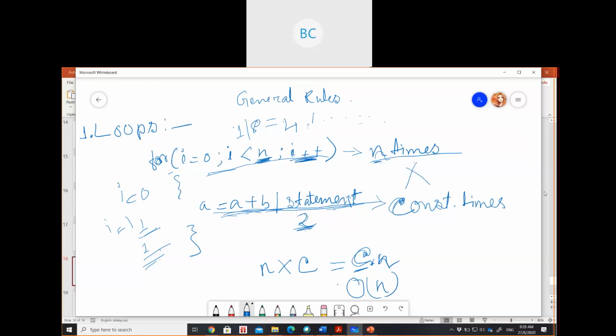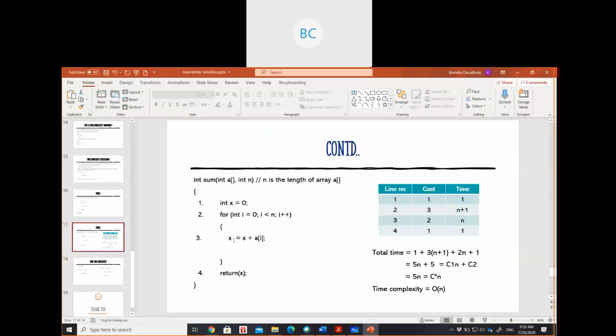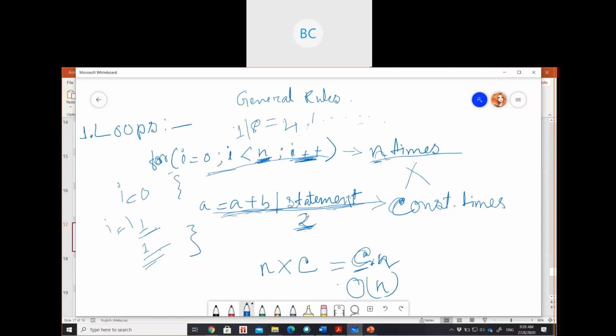Here in this slide I mentioned that this statement is going to take 2 units of time, because I'm considering the addition, meaning the arithmetic operation, and the assignment, right? The total unit of time taken by this statement is 2. It's not depending on the input right now. This is inside your for loop, so this is a constant time.